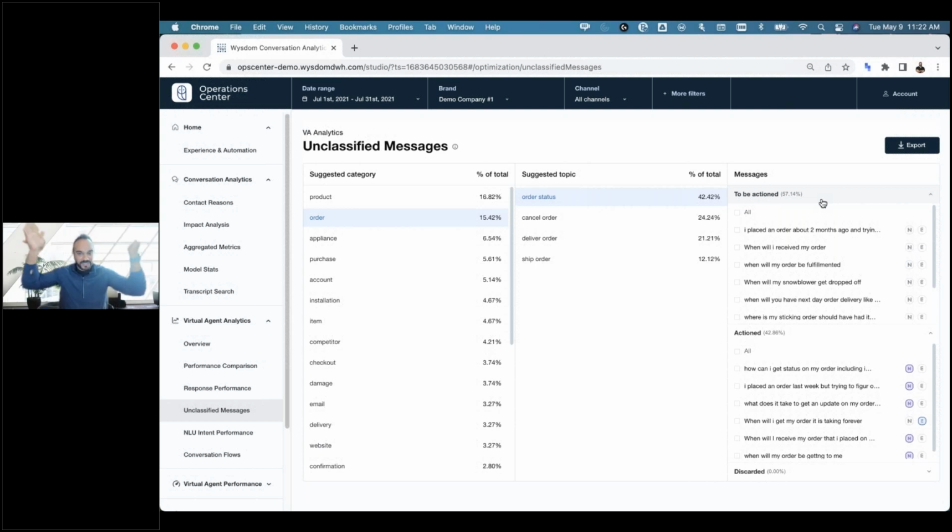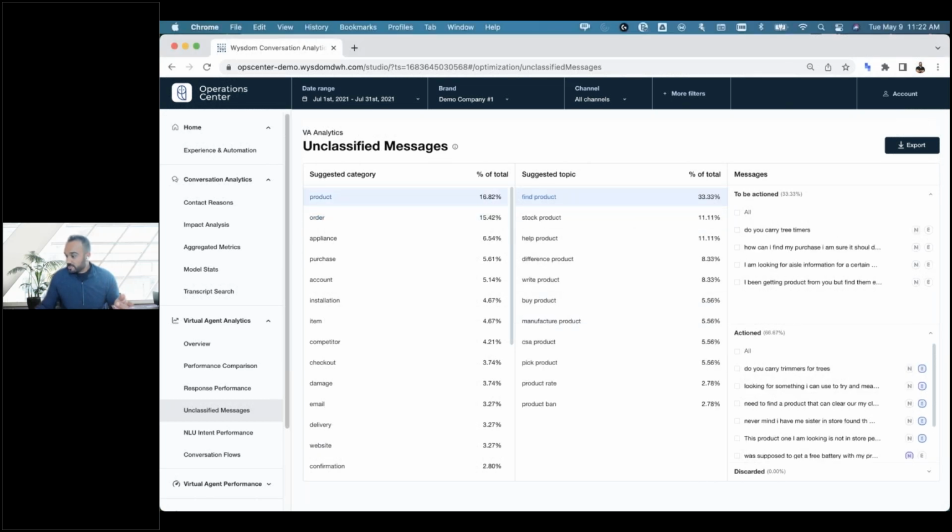So think about what we did. We took potentially tens of thousands of messages not understood, grouped them and said, you know what, order seems to be the second most, or product is the most. And within it, I get this breakout that tells me here are the subtopics. So you can see we're getting to that level where we're talking about intents. It's not quite an intent yet, but we're at a point where you can start thinking about, hey, do I have these intents already? Do I need to create new ones? And so on and so forth. And the tool helps you do that.